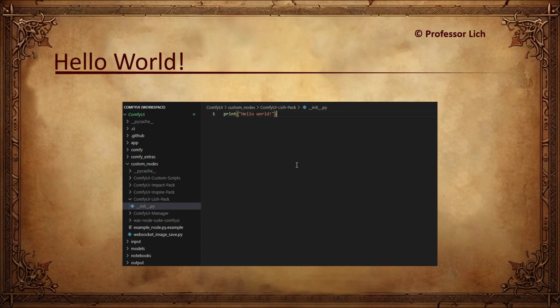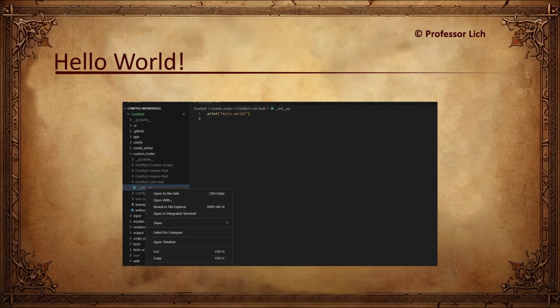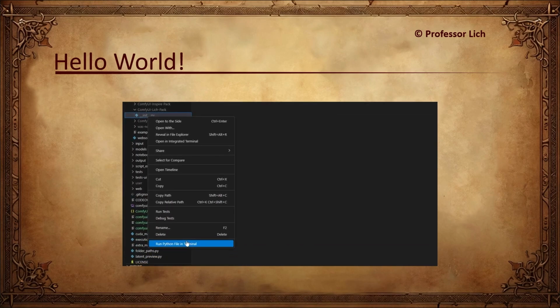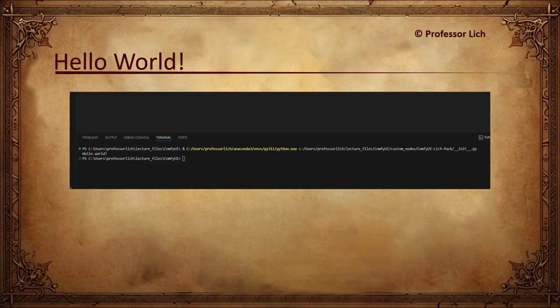I will explain why in a moment, but inside this file, as tradition dictates, we write hello world. Once you've done that, you can right click on the file and run it just to make sure that it works. If all goes well, you should see hello world in your terminal.